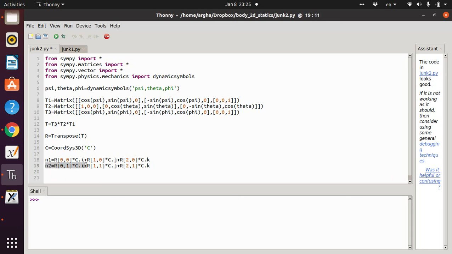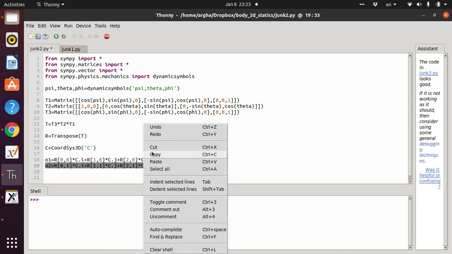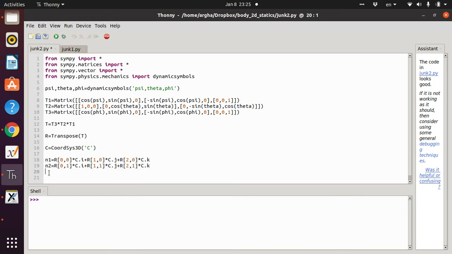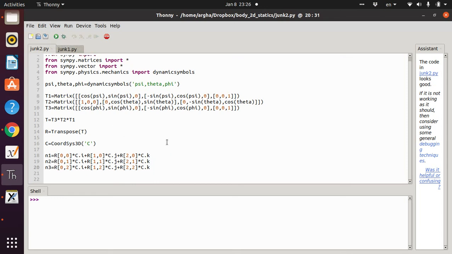Then we copy this and paste it here, and this becomes the third column. So now the three vectors n1, n2, n3 are formed. So if you run this,